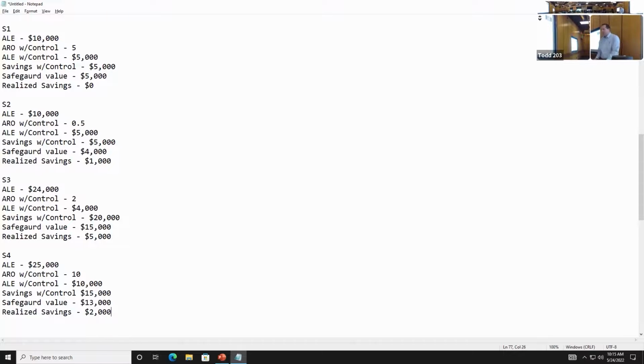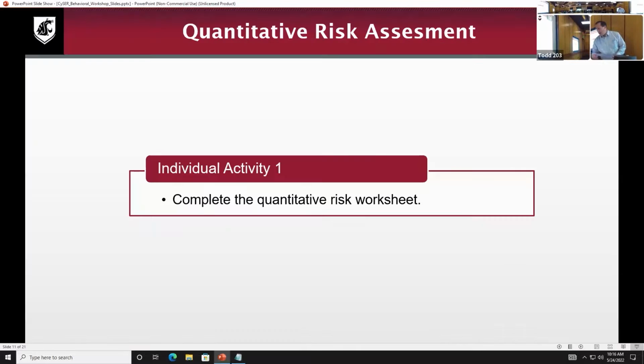All right, questions about that exercise and what we learned from that? All right, if we turn back to the risk assessment, I'm not going to go over this much other than it's available for you to look at. What we did right there is what's known as a quantitative risk assessment. On this worksheet, there's another process you can go through called a qualitative risk assessment, which is when you don't really have those dollar sign numbers, right? We have a probability number and an impact, and together we can multiply those together and say, what is the risk level of these different things?